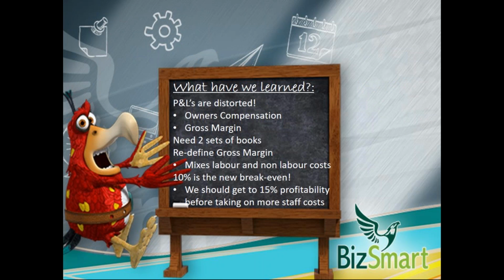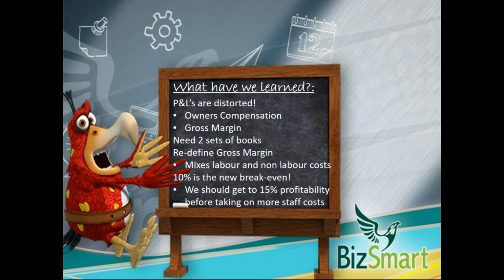I sound like a school teacher here, but the first thing we've learned is that, whilst the basic P&Ls are pretty simple and we get our head around them, they can be distorted. They've got the owner's compensation, not market rate, which we talked about, and the gross margin we talked about. So we need, ideally, to have those 2 sets of books: the ones that we would use to report back to HMRC or whoever, but also the set that we can use to really make our business decisions internally. And within that, we want to redefine that gross margin, because the original definition of gross margin mixes labour and non-labour costs, so we can't separate out the labour costs and work on the efficiency of our labour and